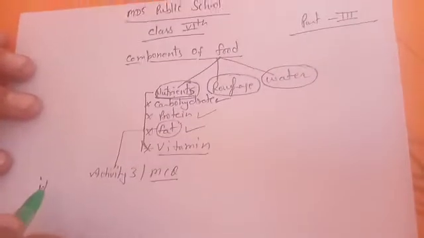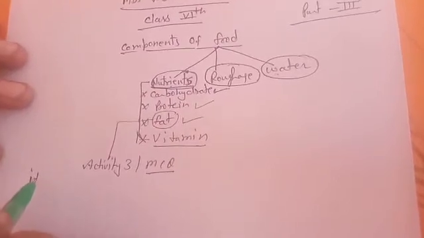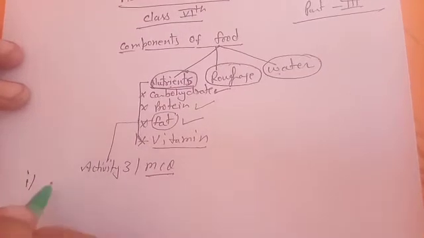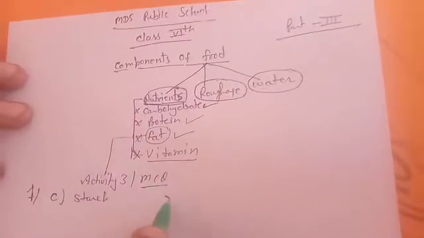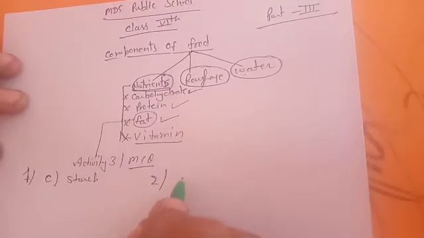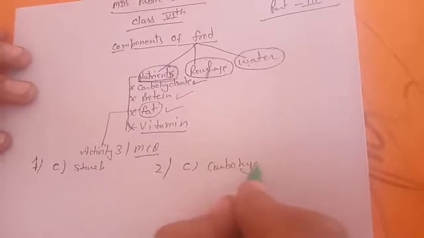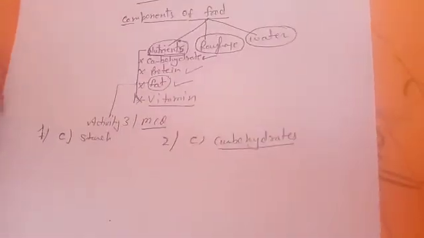First question: food materials turn blue-black on addition of iodine solution. It comes from the presence of, the option is C, dear. That is starch. For the second question, which of these provides energy? The option is C again, that is carbohydrates. Carbohydrate parts of the food give you energy.